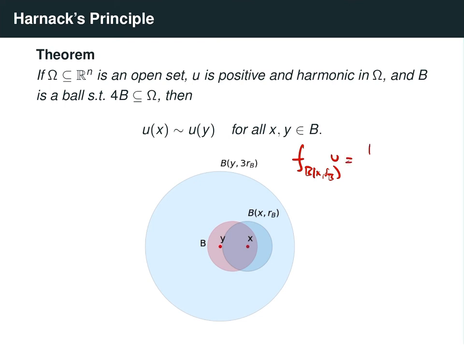If we write out what this is, it's the same thing as taking 1 over the Lebesgue measure of the ball B(x, r_B) times the integral over the ball centered at x of radius r_B of u. But this ball here is contained inside the ball B(y, 3r_B). And because the function u is positive, that means that this integral is at most 1 over the measure of the ball B(x, r_B) times the integral over B(y, 3r_B)